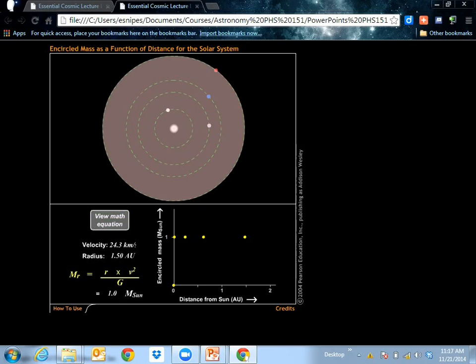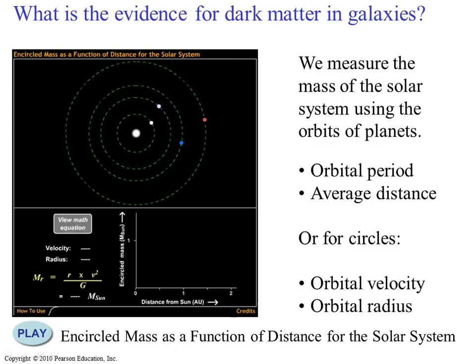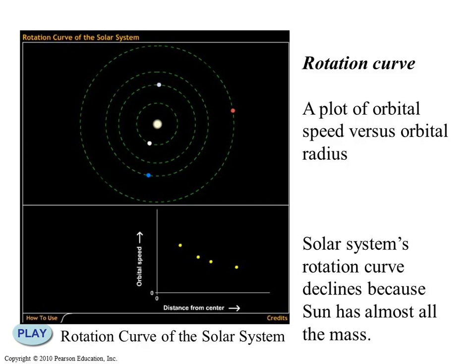Doesn't have anything to do with dark matter yet. Just has to do with planets being influenced by the mass of a star or the sun as they orbit the sun. All right. So this one's a little bit different. Let's see if this one behaves.